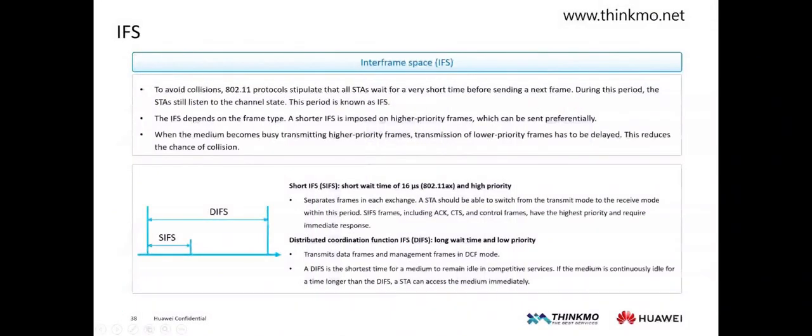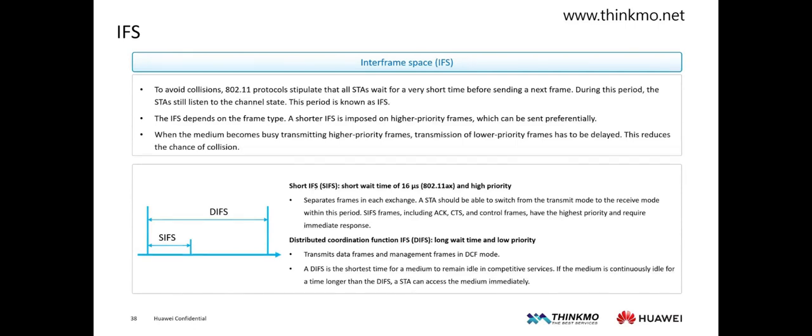Students, today we will continue to explain Huawei's WLAN technology. Last time we talked about RTS and CTS, so in this lesson we will continue to explain interframe spacing and the random back-off mechanism in wireless communication. When sending RTS and CTS messages in our wireless communication, a certain waiting time must be followed. This waiting time is called IFS, or interframe spacing.